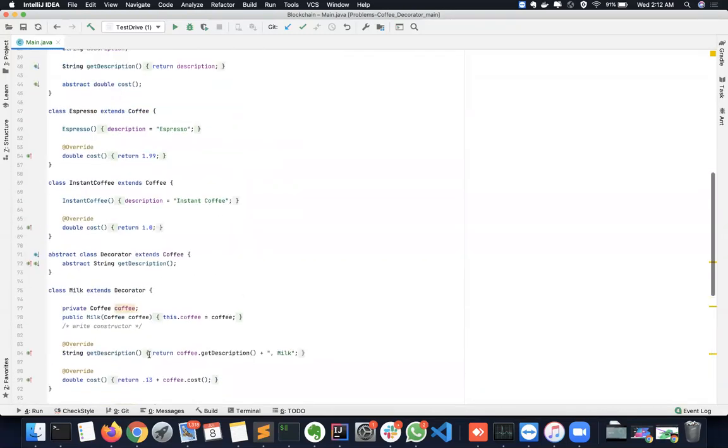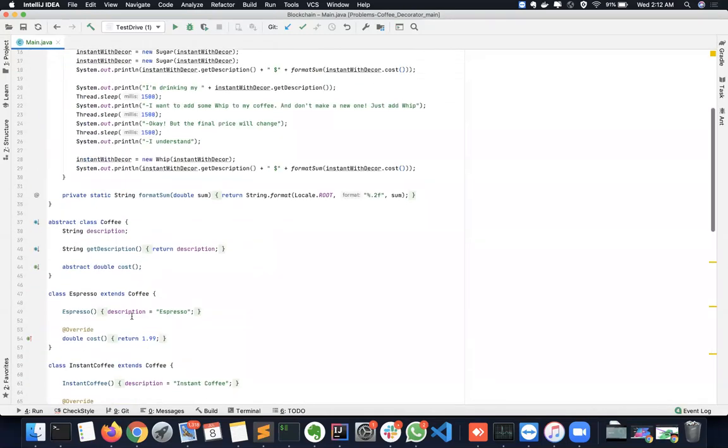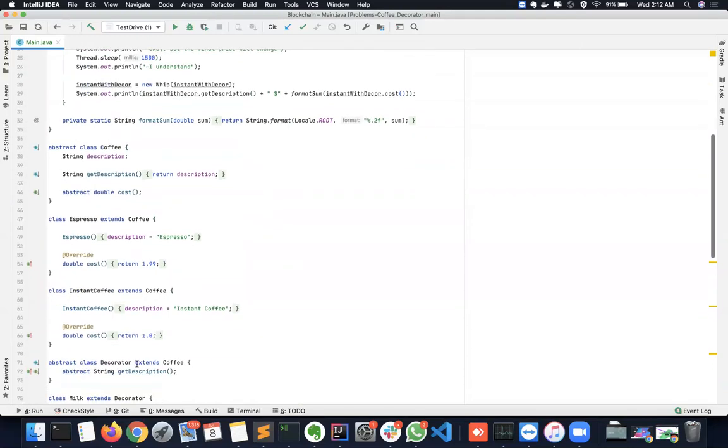As we can see here, the decorator extends the coffee. Description and cost are being overridden at runtime.